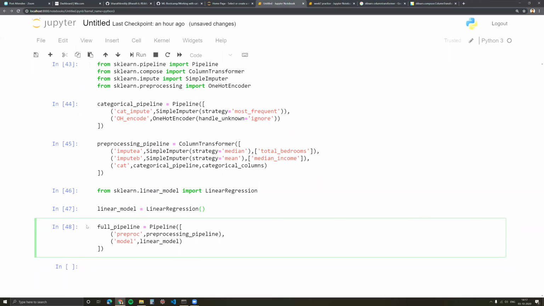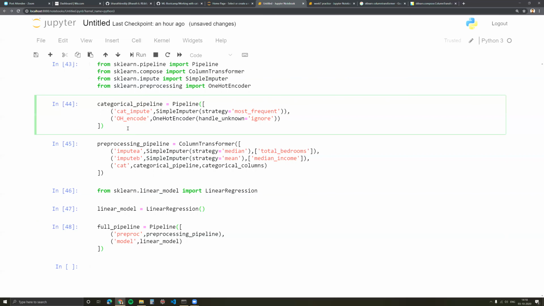This is my full pipeline. So I've created a pipeline where it will first run the pre-processing pipeline, then run a model on it. The pre-processing pipeline is a series of steps again. First, impute using median on total bedroom, impute using mean on this column, and do something on categorical columns. What does it do? I've defined it here. So this is typically how you would write a pipeline.